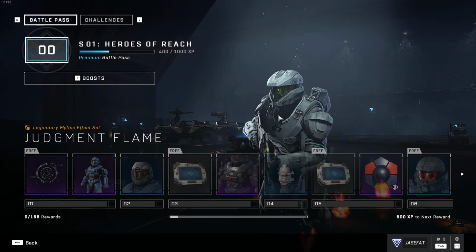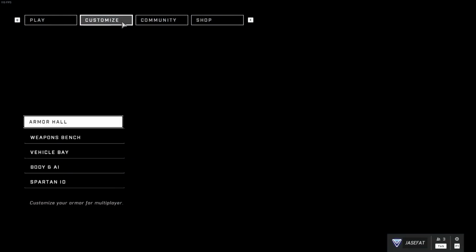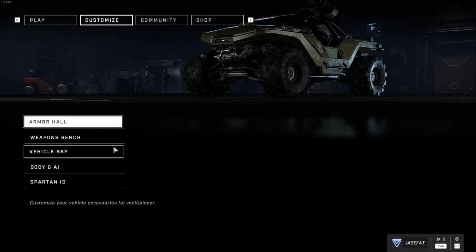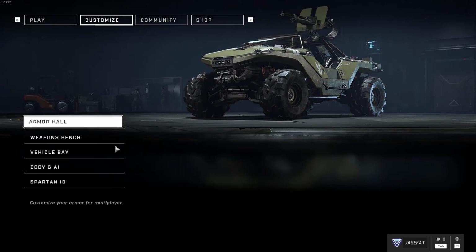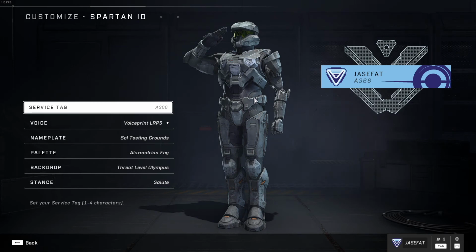But I still think it's a great way to express yourself as a Spartan. And speaking of expressing yourself as a Spartan, we now have a full suite of what we can expect to do with our Spartan. So I think what most Spartans will probably focus on initially is their service tag and the voice that they have. You can get different nameplates and customizations that show off when you get a kill or when